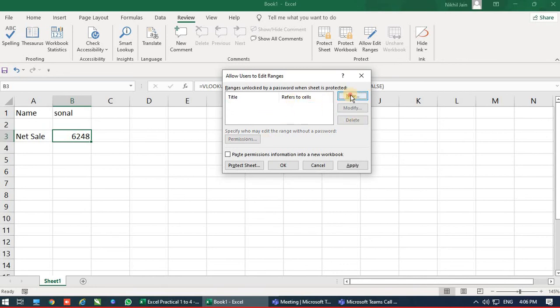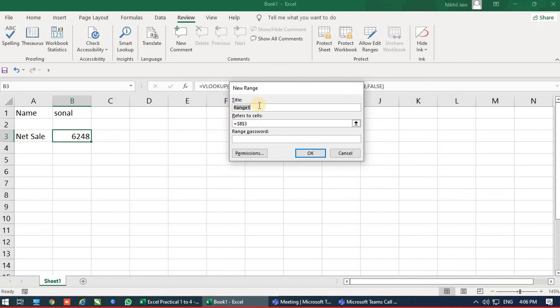Again new, again range, B3. I want B3 to be locked. You can see B3 and the rest of the cells should be locked. So I have selected this cell and I don't want you to change it. So I can give the password over here, 123.